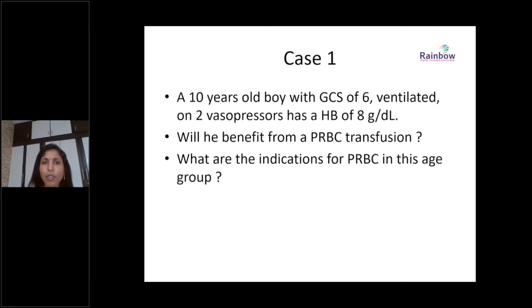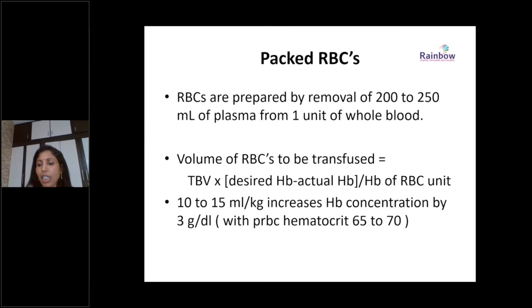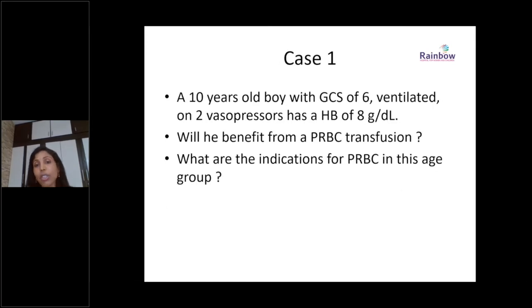Going back again to the scenario, this is a 10 years old child with hemoglobin of 8 who is in the early part of his critical illness. So definitely he is a candidate for transfusion. He is going to benefit from the transfusion. So that is the answer for this case. And of course, if the child is coming down on the vasopressors or inotropes, ventilation is very minimal and you are planning to wean off further, probably one can wait rather than rushing with the transfusion.